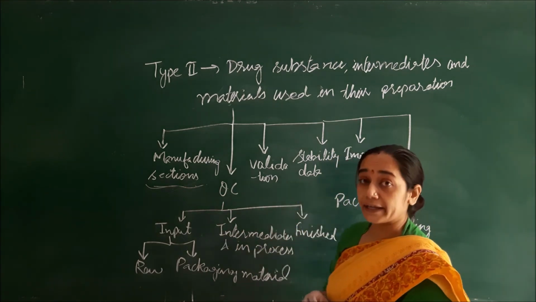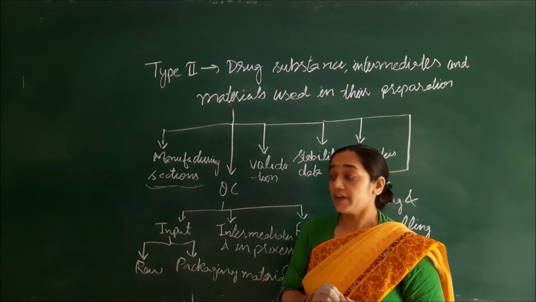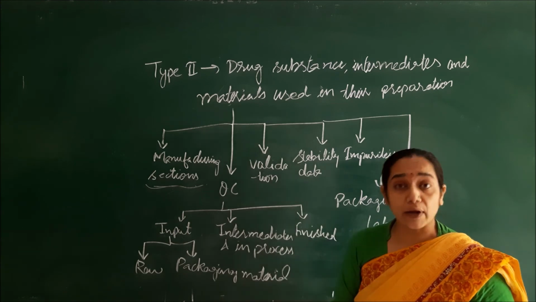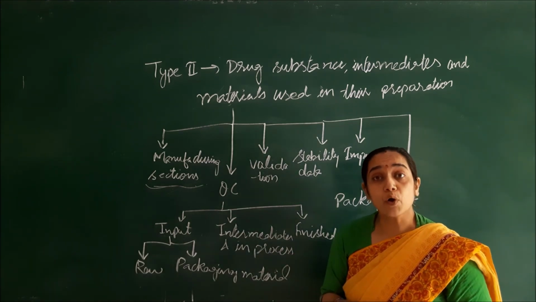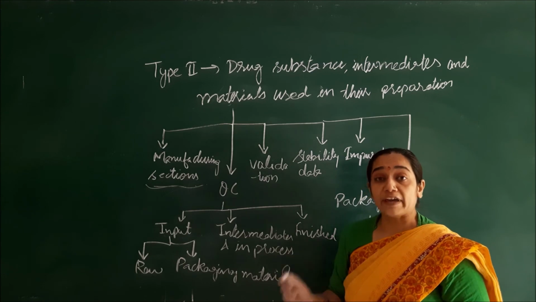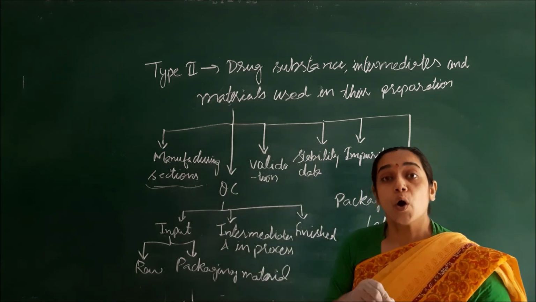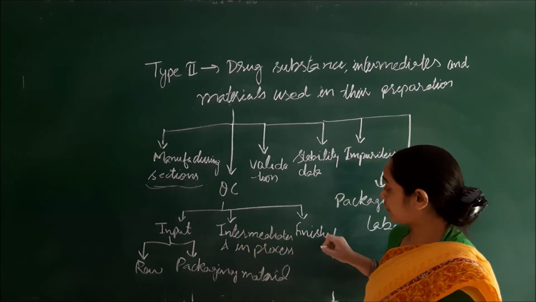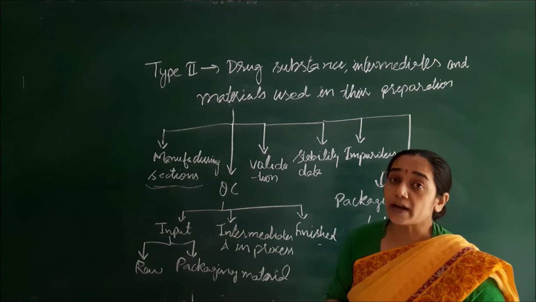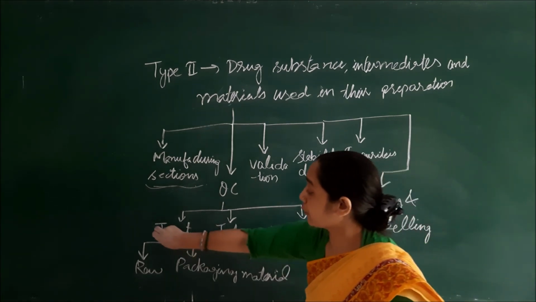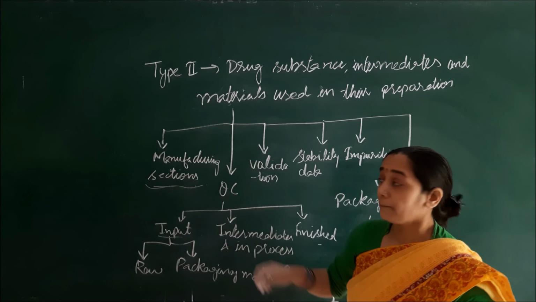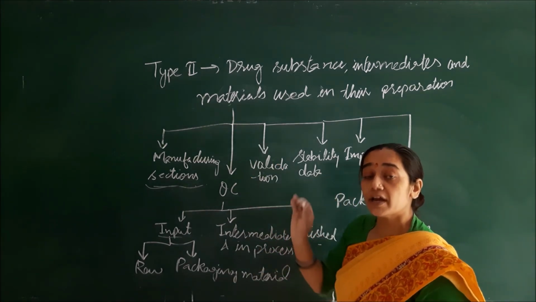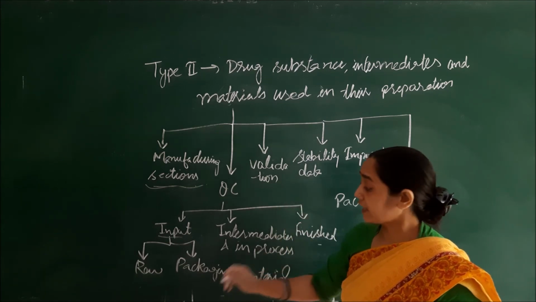Next comes the quality control. Now, since we are manufacturing a product, this product should meet the quality. Then there is a role of the quality control department, where they will do the evaluation of the intermediate products, as well as the evaluation of the finished products. This quality control department will also do the evaluation of the inputs. Inputs means whatever may be the raw material, as I have explained in the operational layout, the raw materials which have been collected will be evaluated.